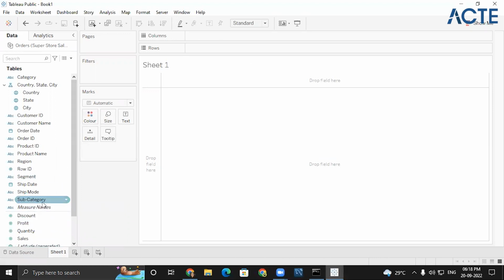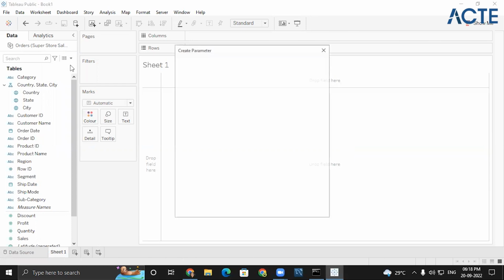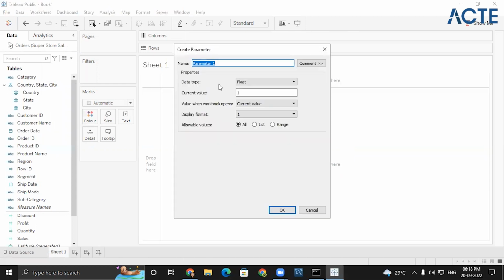Just the top 5 countries I wanted to see. So for this, top 5 and bottom 5, I need to create one parameter. I'll quickly show how to create a parameter. I have to click on this drop down arrow and click on create parameter. The name of my parameter should be drop or